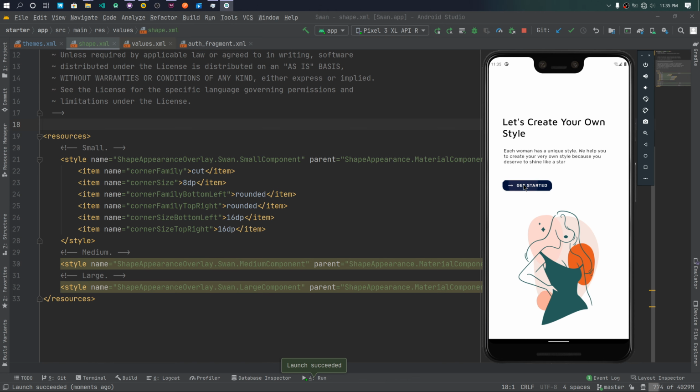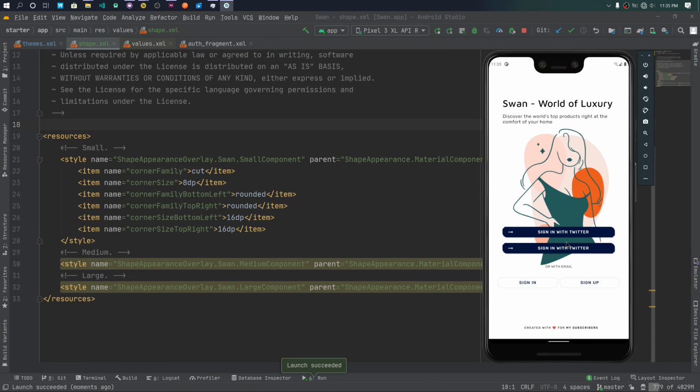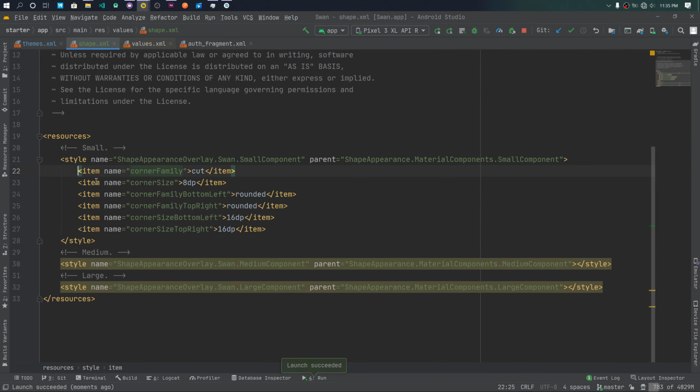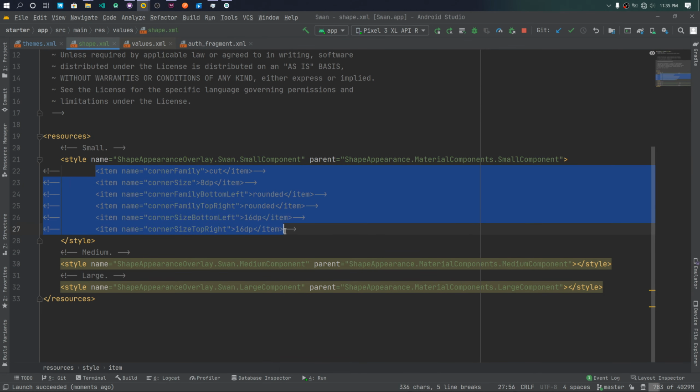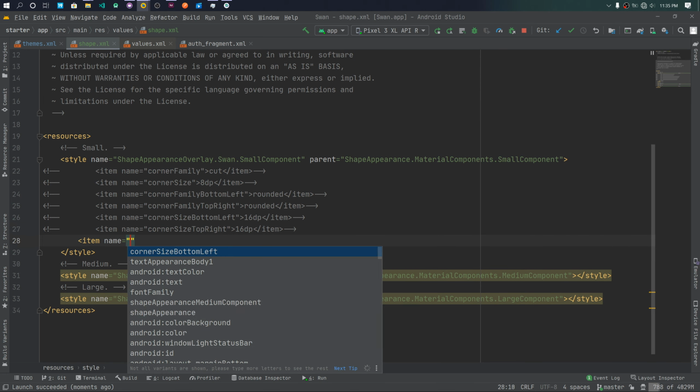Okay, this is how our button looks like. Yeah, this is not so attractive, but you get the point. So what I'm going to do is, I'm not going to delete these, but I'm just going to comment them out like this. And let me just declare